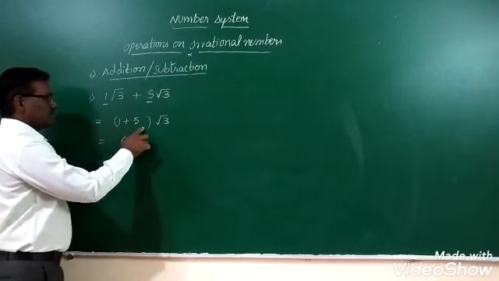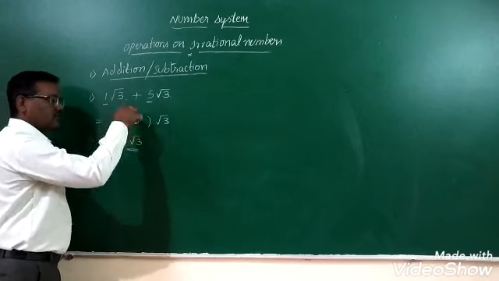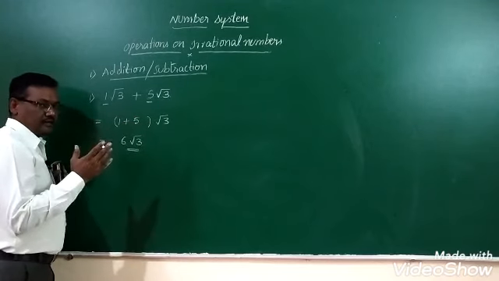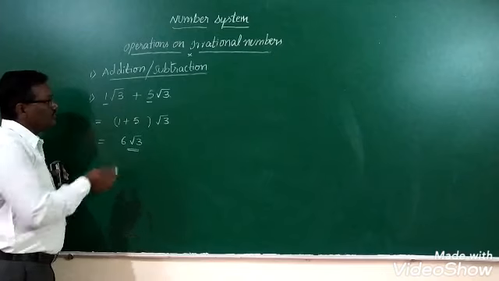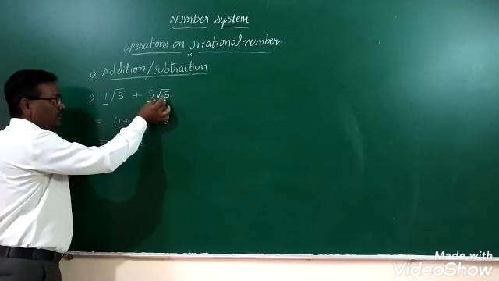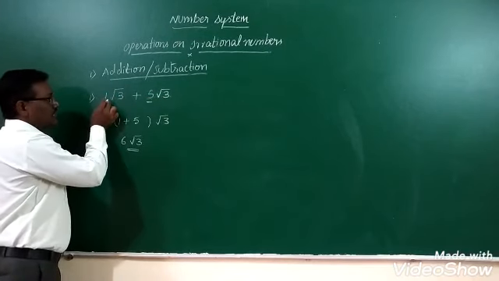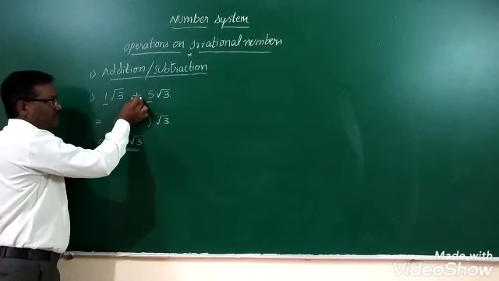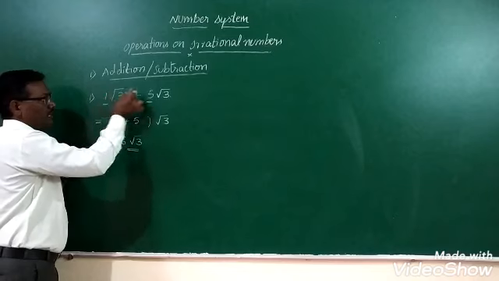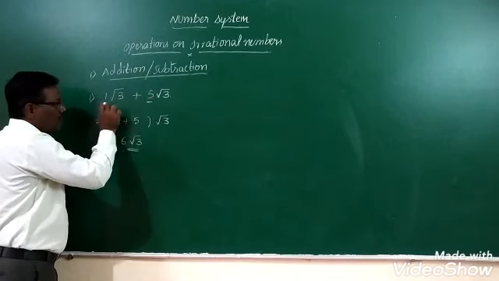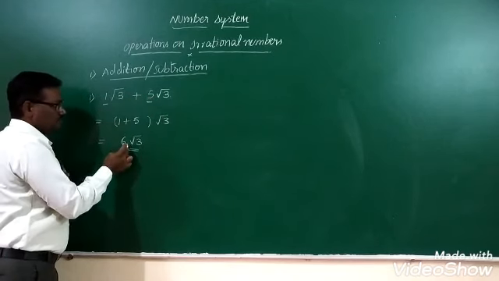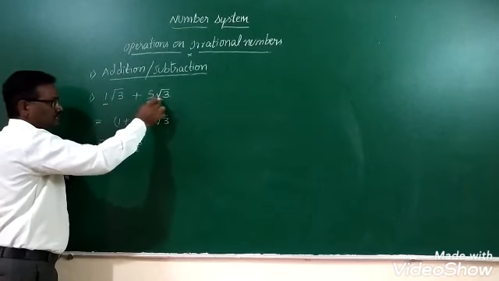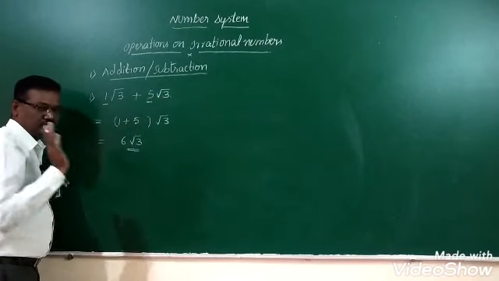But it is not necessary again and again while solving the problems. Only keep concentrate on my word. If they are like, we can observe the rational numbers and sign. Signs are same. We can add up the rational number. 1 plus 5, 6. The rest of the thing, that is irrational factor, as it is we mentioned.